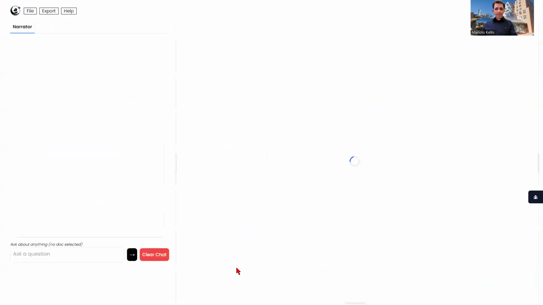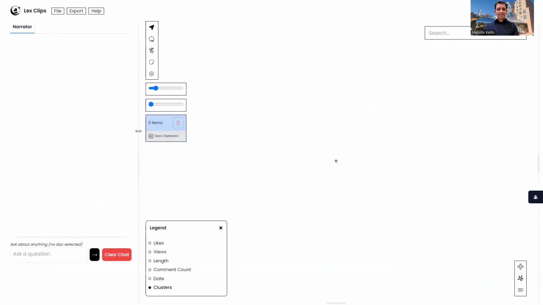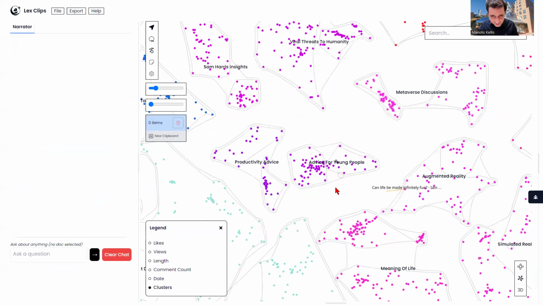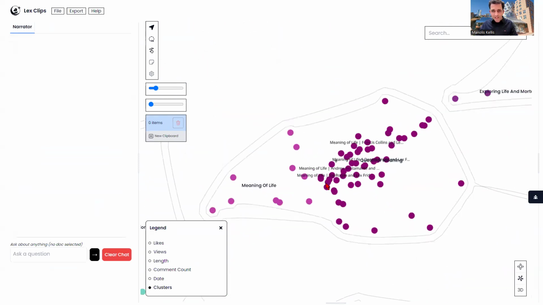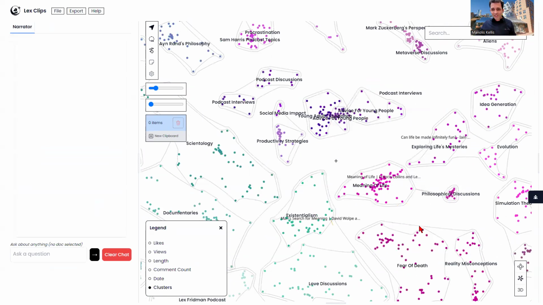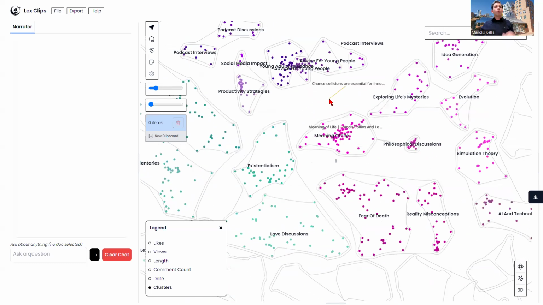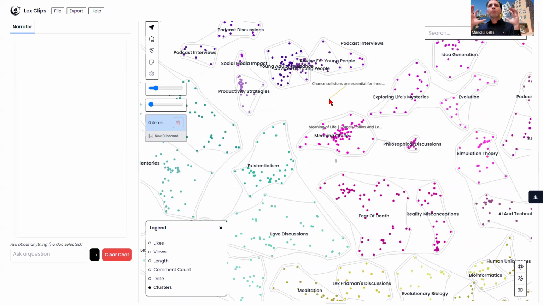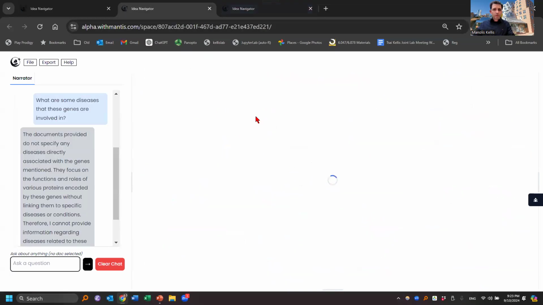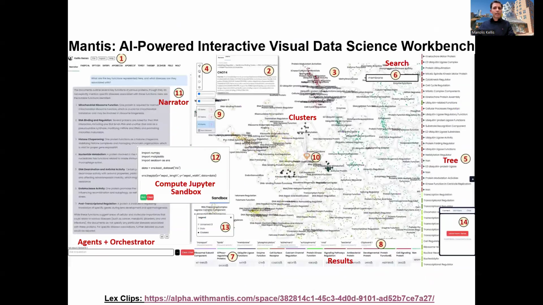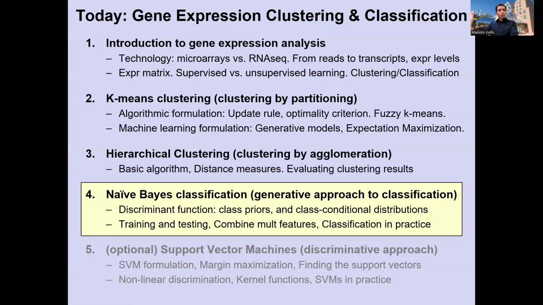So this is another fun space. Every Lex Fridman clip is now categorized. And you can see here, unsurprisingly, when you zoom into the center, that's where the meaning of life is. And next to meaning of life, you have philosophical discussions, etc. Why am I showing you these? Because I want you to think broadly beyond just numbers. Everybody's thinking of, I'm going to do a final project by measuring expression here and here and there. Why don't you just do a co-embedding of all of the expression patterns of a bunch of genes with the latent embedding representation of the corresponding things, okay? So that's the small parenthesis.